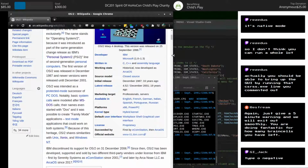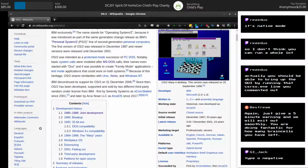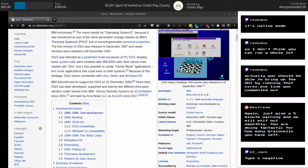DOS itself was supposed to be replaced by OS/2. OS/2 was designed by IBM and implemented by Microsoft, and I'm using that very specific terminology because IBM essentially strapped a boat anchor to OS/2 and sank it, because there were some very stupid design decisions in OS/2 that IBM essentially mandated. And it kind of goes downhill from there, because then they made changes to Windows 2.0 to create Presentation Manager, and